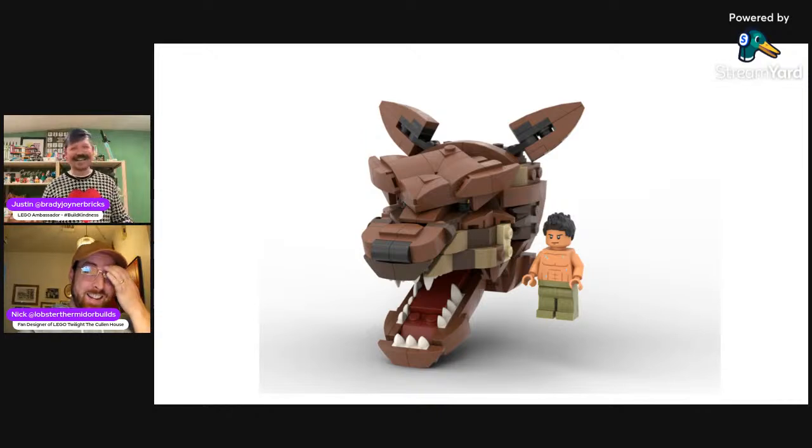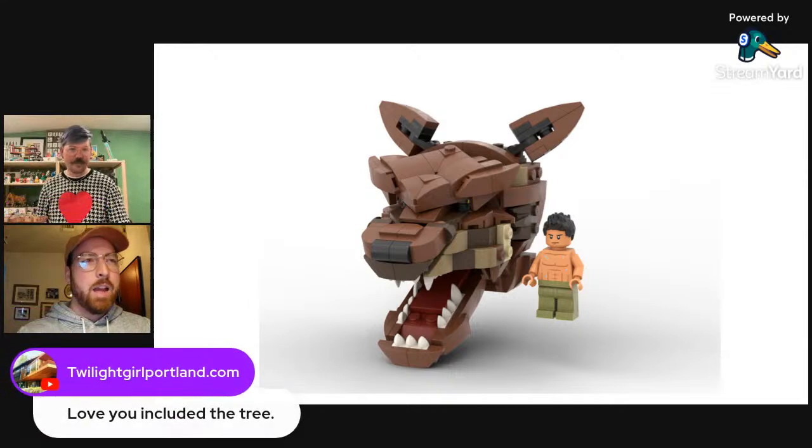When I was designing my submission, I thought, I'm just gonna add Jacob as a wolf in here, and I just started sculpting a wolf head. And I don't know what I was thinking. I got this far and I said, this is gonna be a humongous wolf, right? So then I decided I wanted to keep it in scale with the rest of the build. And that's where you have